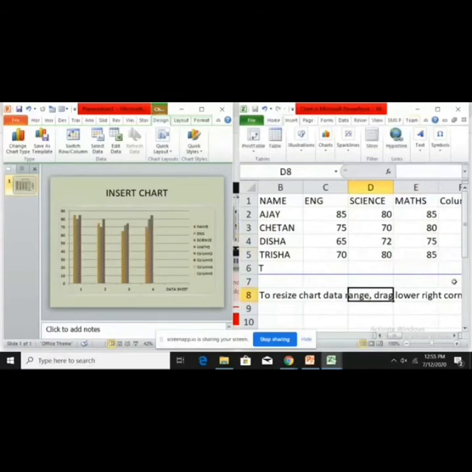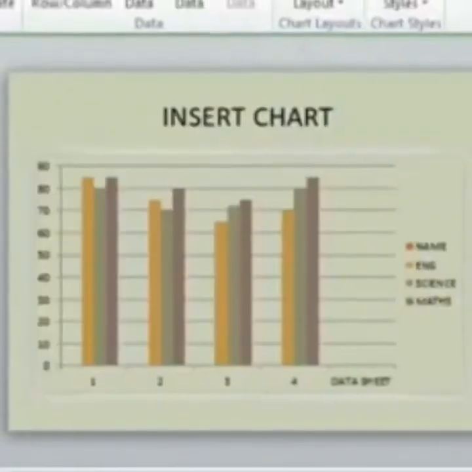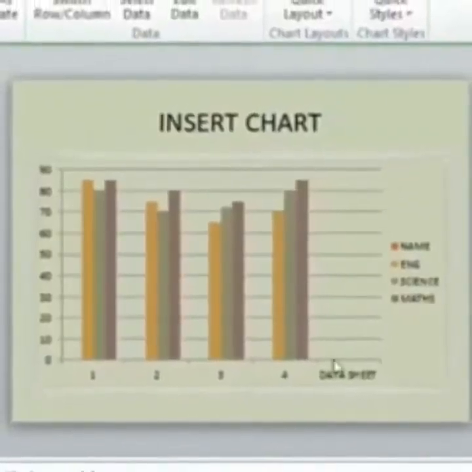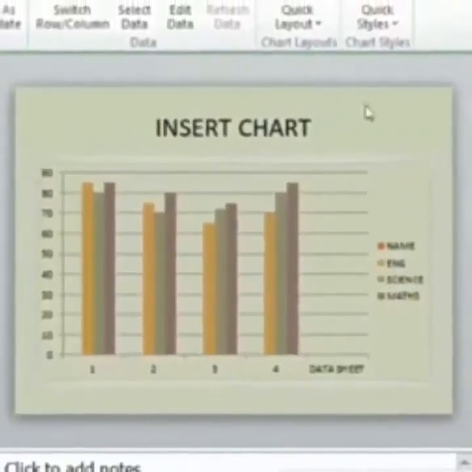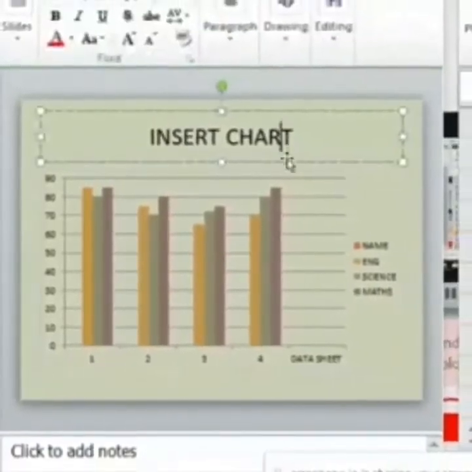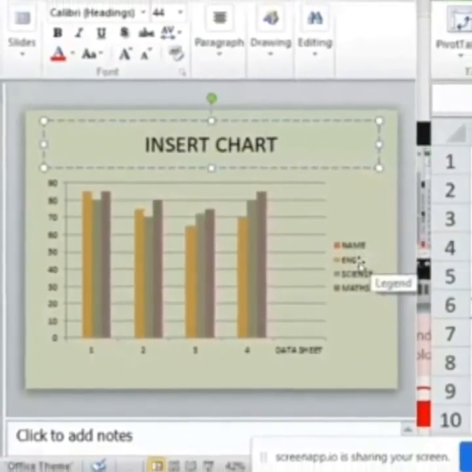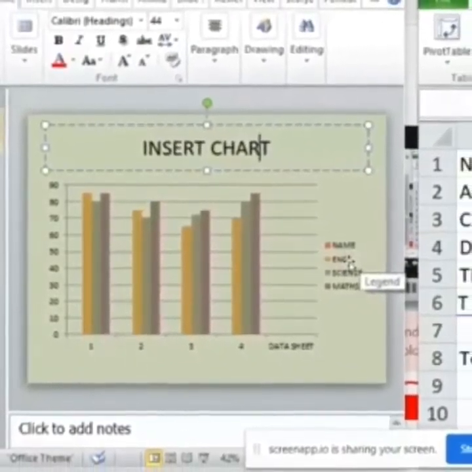Okay, here are the marks of 3 subjects, name and roll number. And the chart will display the data according to the new worksheet. We can apply different color designs to our data sheet also, to our chart also.